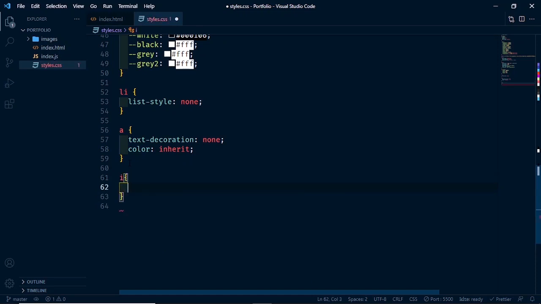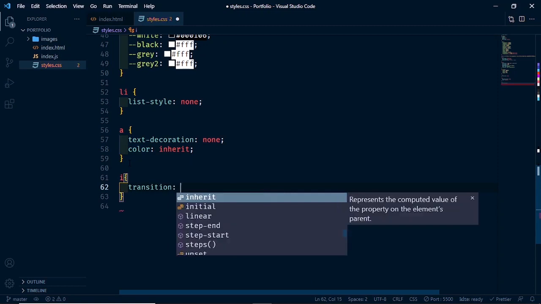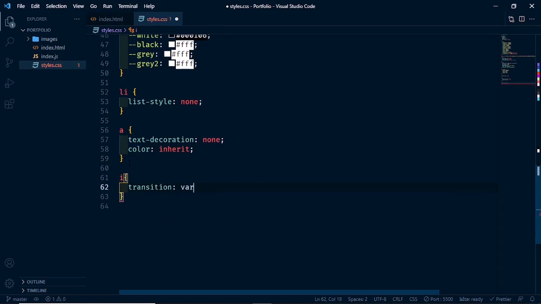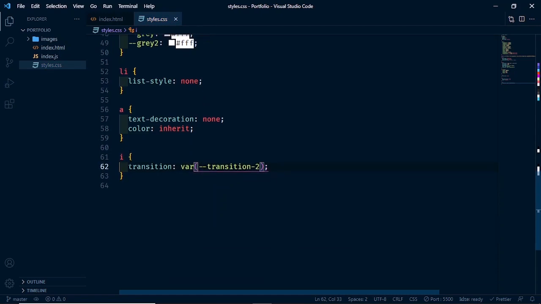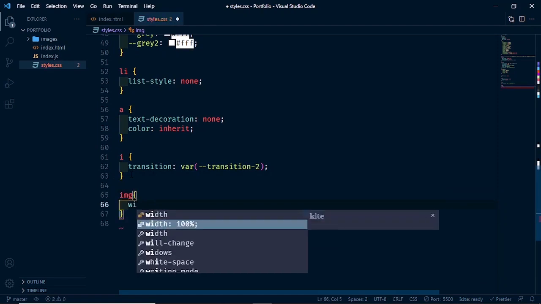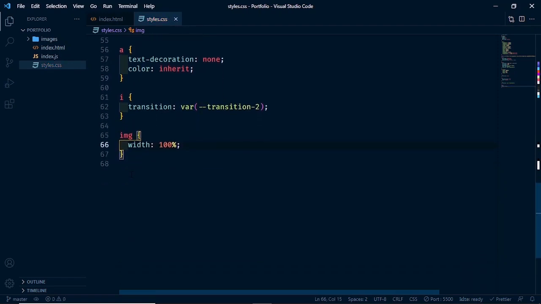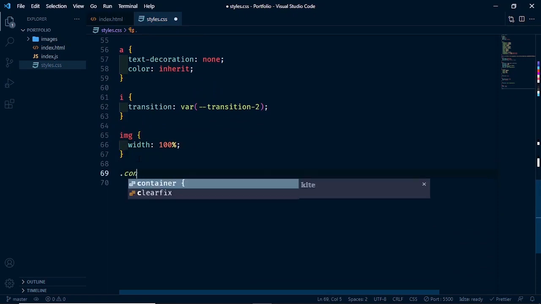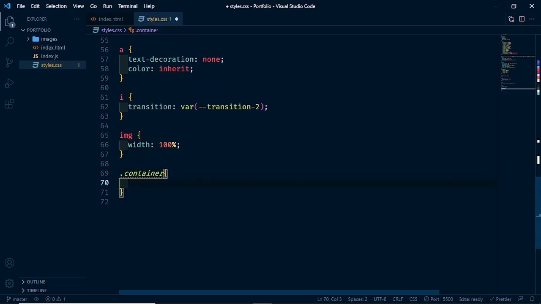okay, let's say maybe all the icons are going to include. Let's add some transitions to all of them. We are going to use the var transition too. Also, our images, let's set all the width to 100%, and the container, let's create a container class and let's give it a